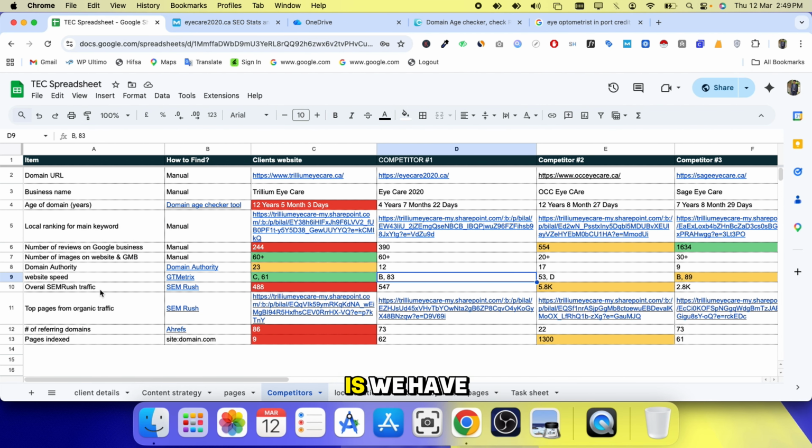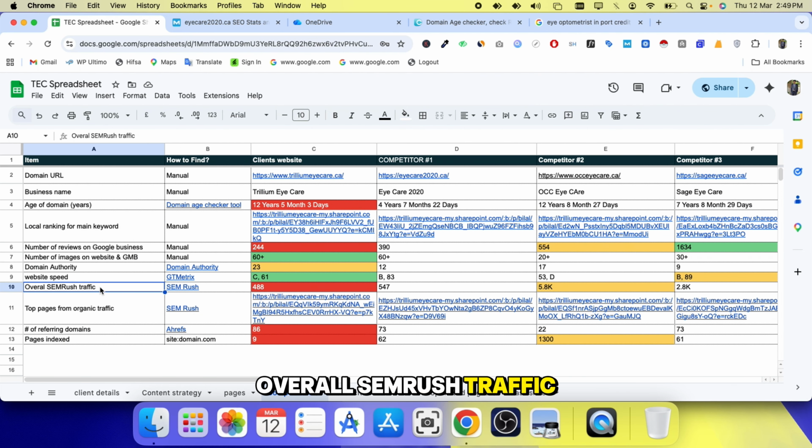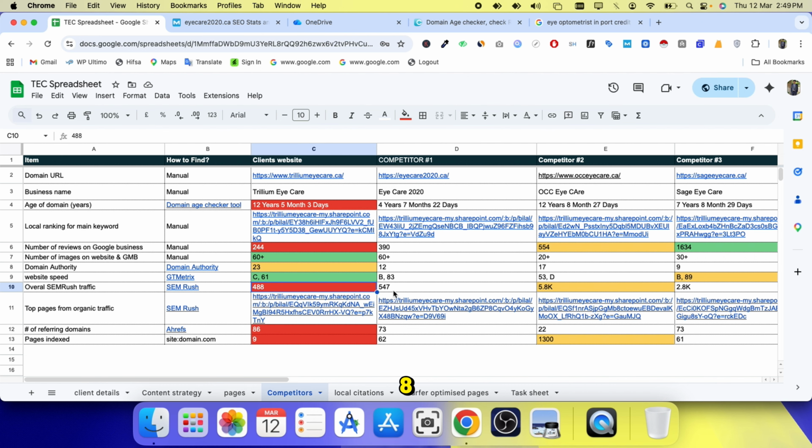So next thing is we have overall SEMrush traffic. So we need to add traffic, how much traffic the website is getting. So you can see here 4488, 547, 5.8k. It means our competitor is getting good traffic, but we are not getting good traffic, and we need to improve these things, and we need to improve our ranking, and not only the ranking but the